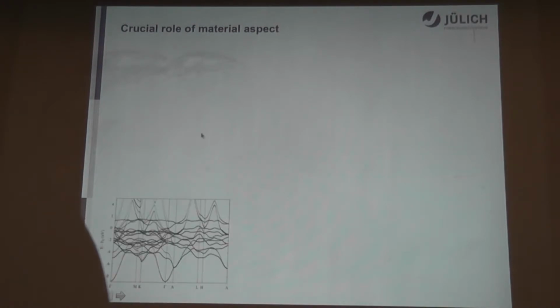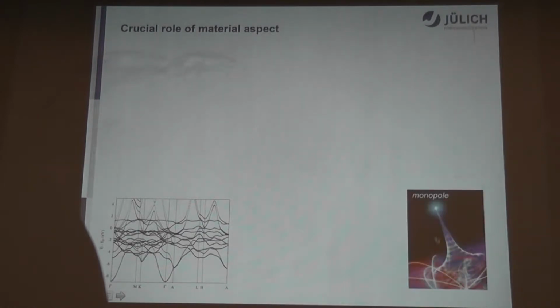Now, an important aspect here is actually the crucial role of a material aspect. Why is that? If we take a look at an electronic structure of the simplest transition metal, such as HCP cobalt, we will see that it actually looks rather complicated. In particular, if you try to calculate the curvature here, you will see that it is rather difficult because a lot of physics here is governed by the band degeneracies, where we have so-called Dirac monopoles which give singular contributions to the Berry curvature. Now, you have to treat these points very precisely if you want to reproduce any sort of data, or if you want to provide some reasonable estimates for the effects.